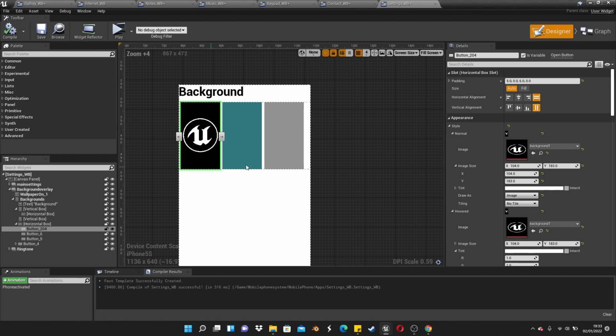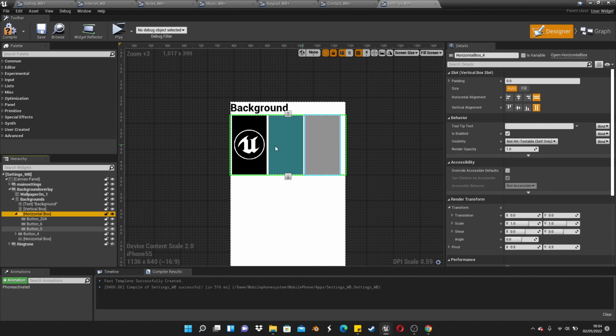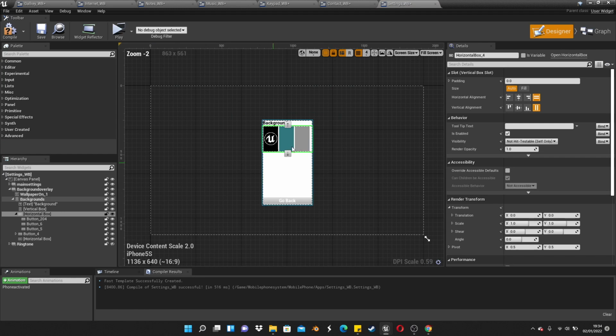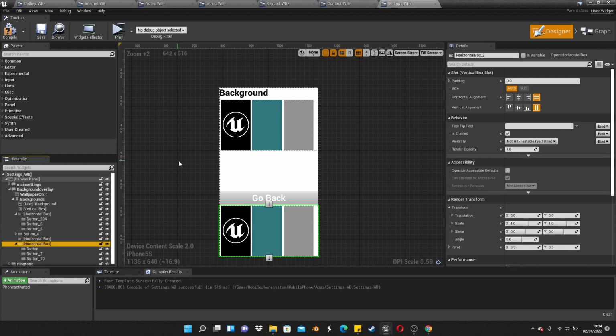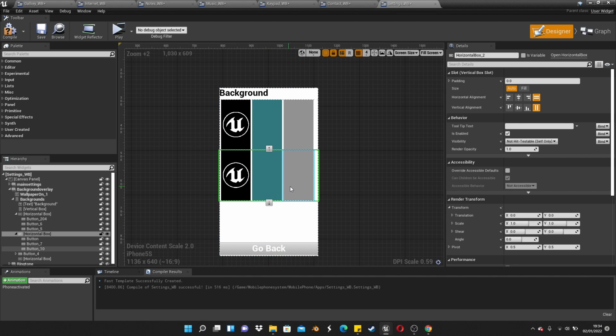So here are some of the default backgrounds. You can change them if you want to, or you can make it so that when we click these buttons, it changes the background to be something else, or you could add your own background. So you can just copy this horizontal box and paste it inside of this background. Just click this up arrow icon to make it above that, and you can basically add your own backgrounds, and